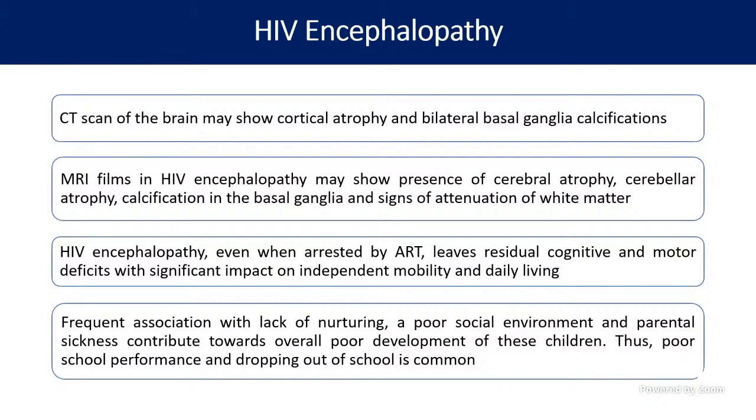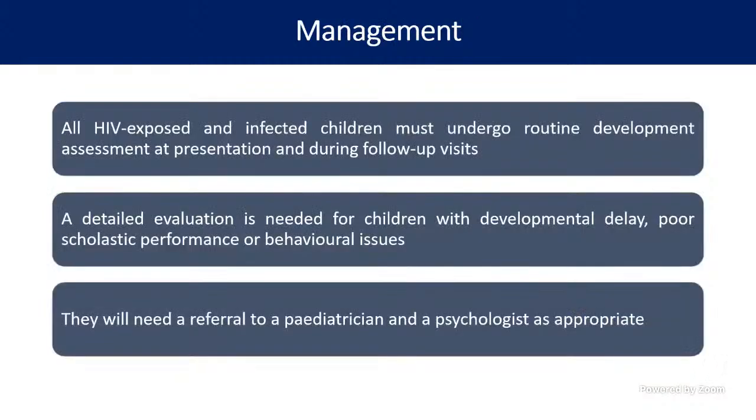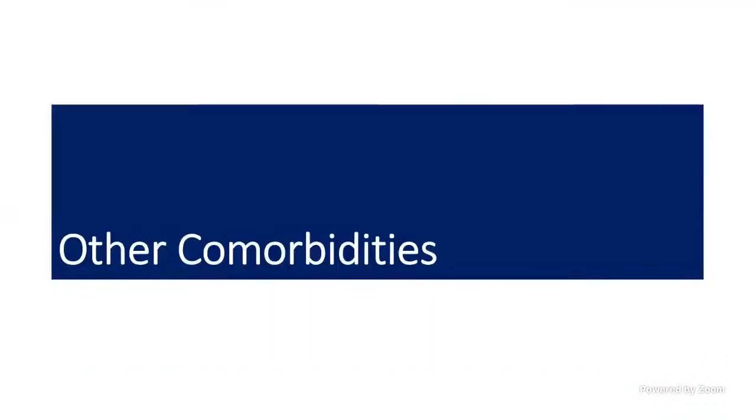But most important for us in our center, when the child comes, not only the weight, height, mid-arm circumference you are checking, or the routine CBPs you are doing, you have to see whether the child is walking normally, appropriate for her age, or whether developmental delay is there. It's very, very important. I'm again and again putting the same point. Okay. So these children should go through routine assessment, and you have to evaluate the child for developmental delay and scholastic performance, whether behavioral problems are there, and appropriately refer the child to the pediatrician or the higher center, right?